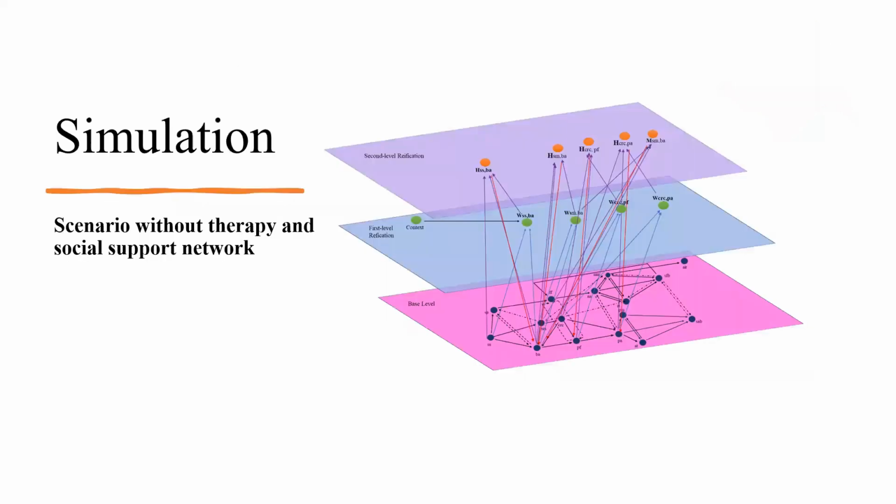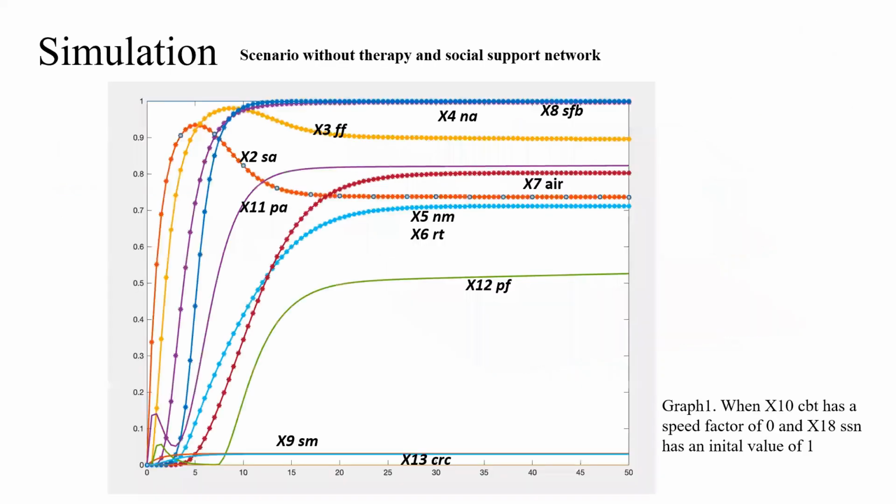So here is the first scenario. It's without therapy, but with social support network. No, without either of them. So without therapy and without social support network. So let's call this subject, for example, Leah. And we can see,